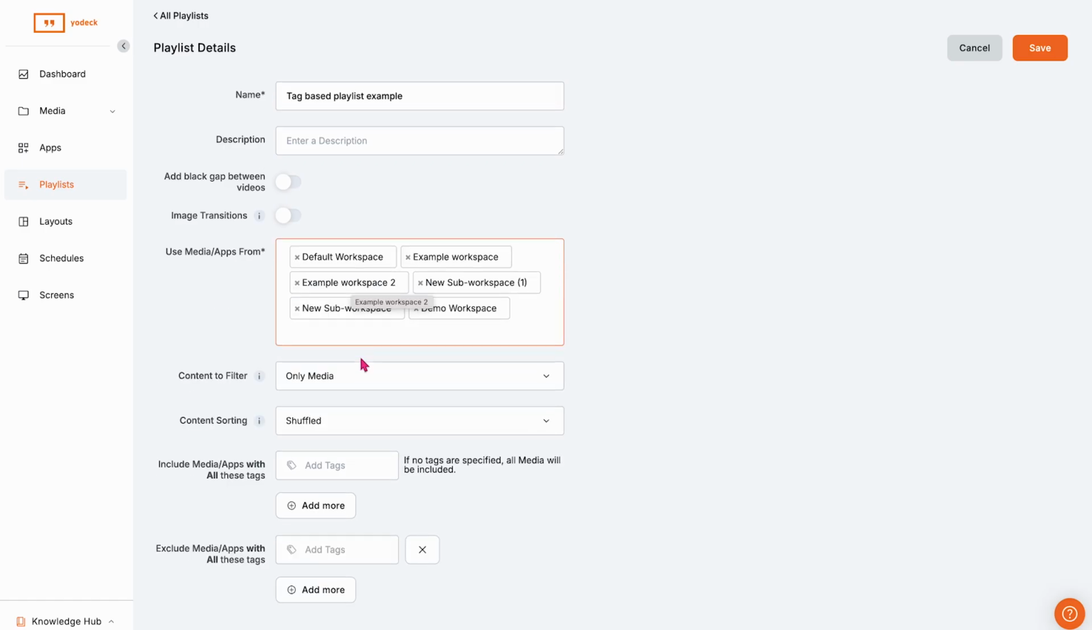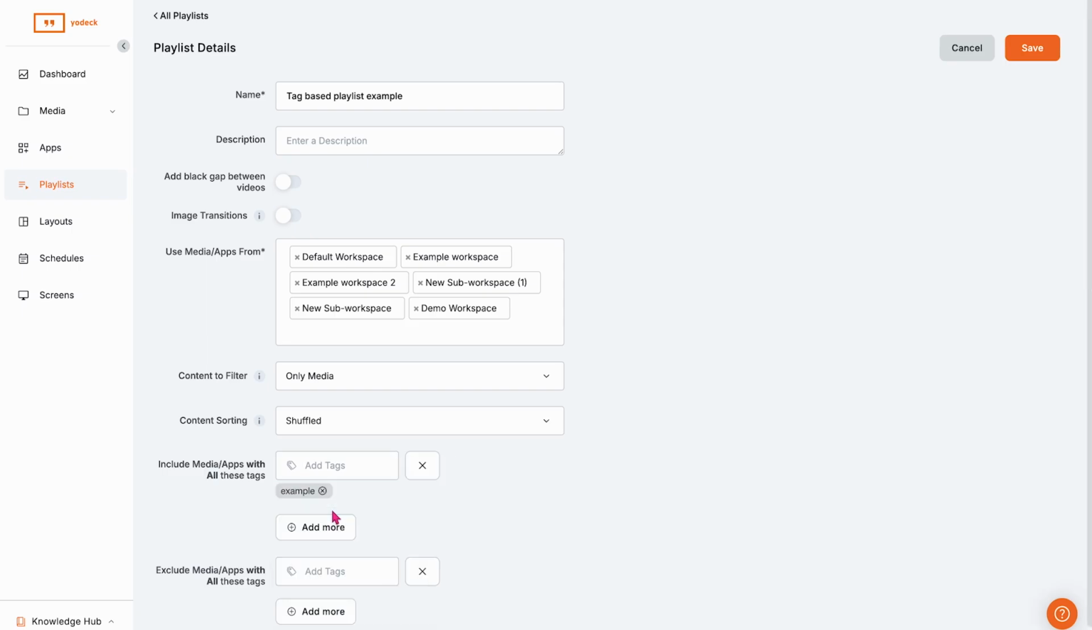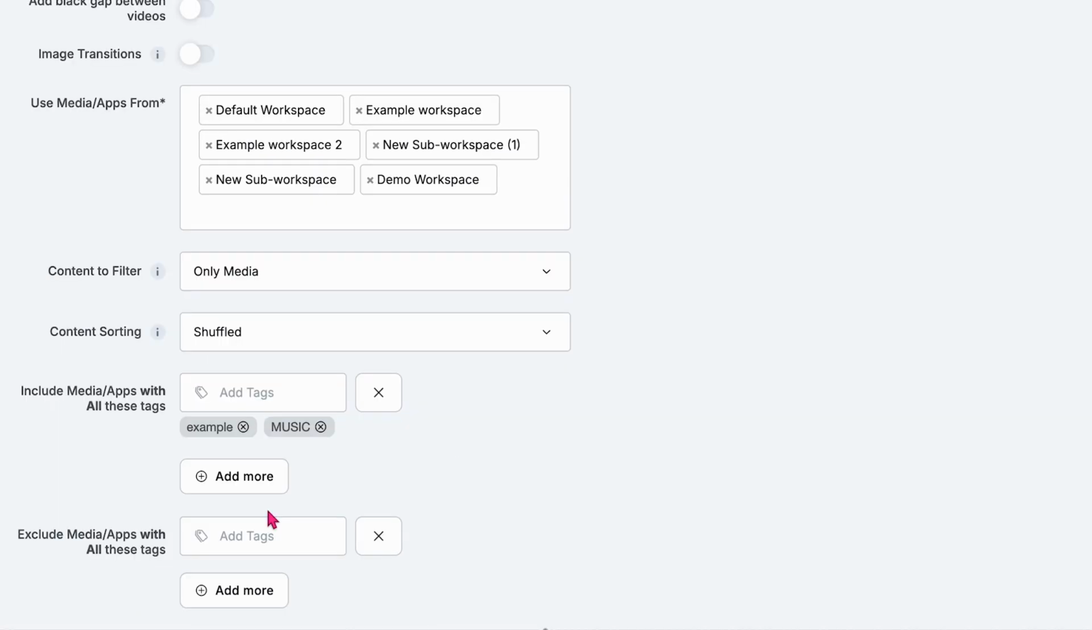Then select the workspace you want to take the media from. Then add the tags you want to be included here. When you add multiple tags on the same line, the playlist will only display media that have all of these